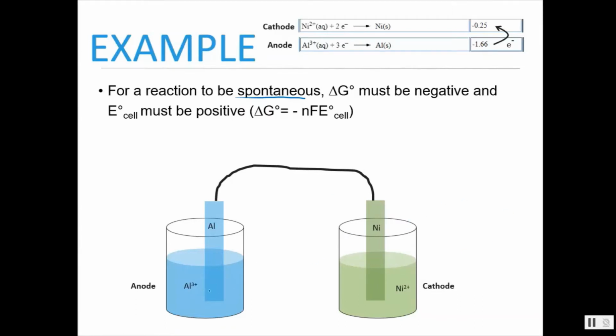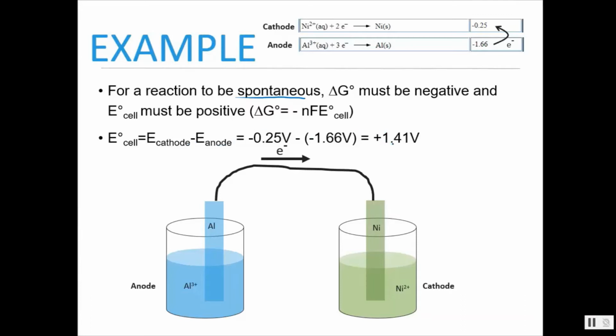Since the aluminum is losing its electrons, donating those to the nickel, our electrons move from the aluminum electrode to the nickel electrode. Nickel ions in solution then will interact with those incoming electrons and get reduced and be plated onto this nickel electrode. If we wanted to calculate our potential, again, we could use this equation, E cathode minus E anode, and